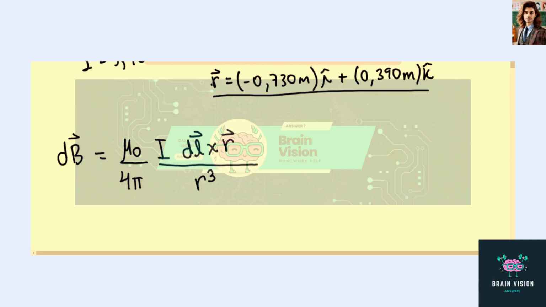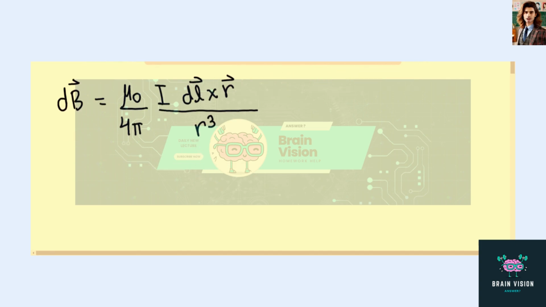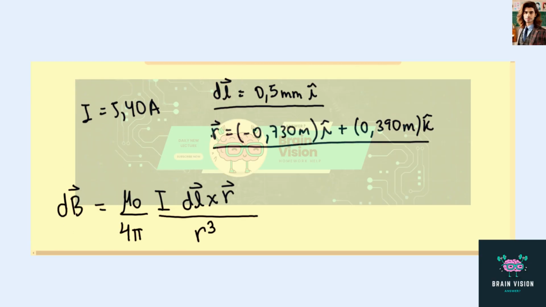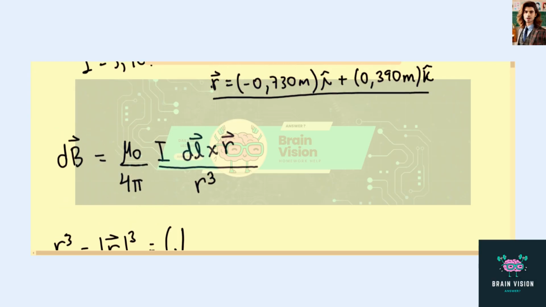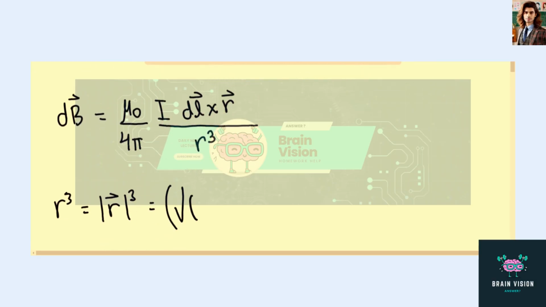So the first thing that we can determine in this is the distance cube of the vector r. r cube is just the magnitude of the vector r to the cube. So we are going to do that. We know that the magnitude of the vector r is just the square root of the sum of the square of each component. So it will be something like this: